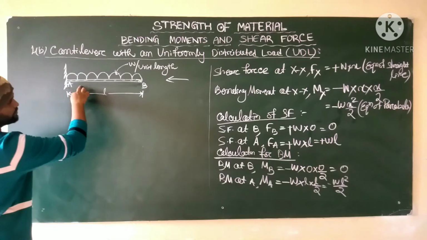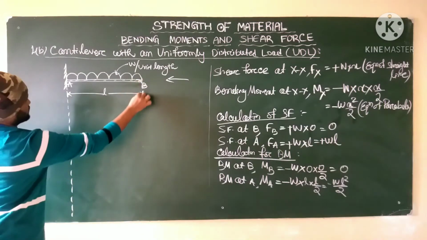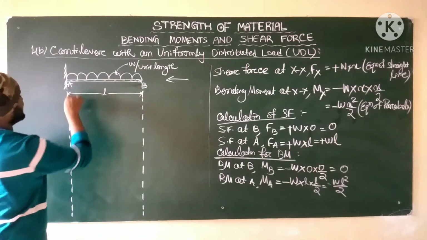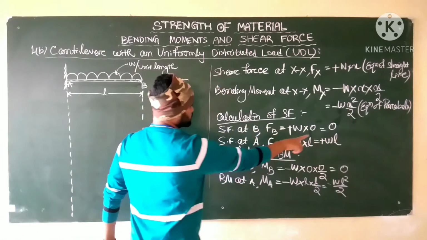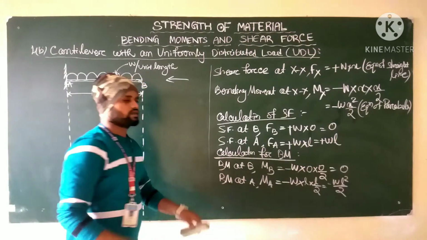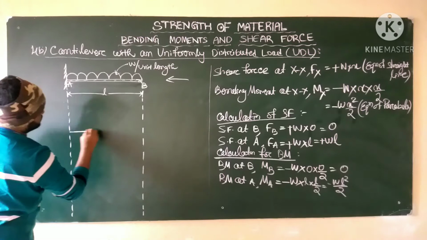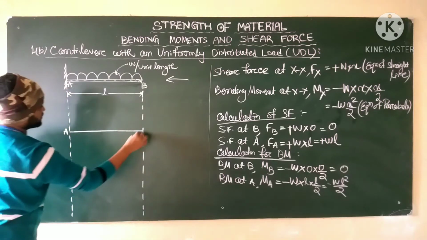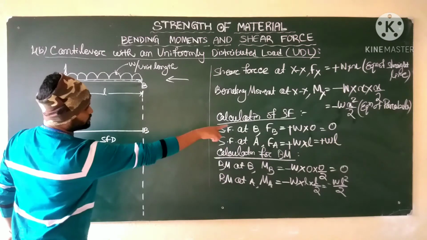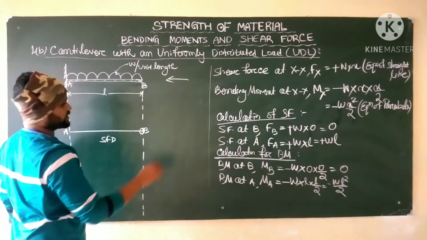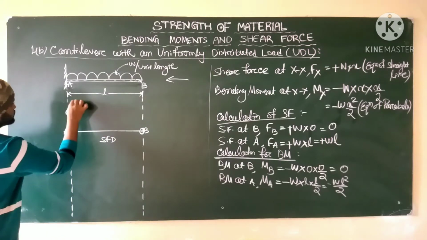How will we draw? Below this question, make a dotted line along point A and point B. See, at shear force, one is 0 and another is plus. That means above the baseline. It is the baseline A, B, shear force diagram. Then at point B, shear force is 0. That means this one. At point A, shear force is plus WL. Somehow here we will assume.